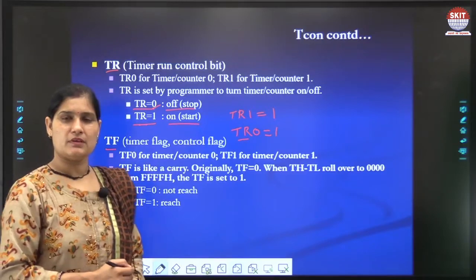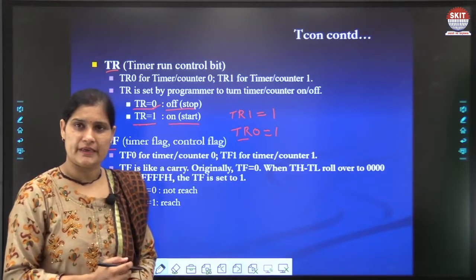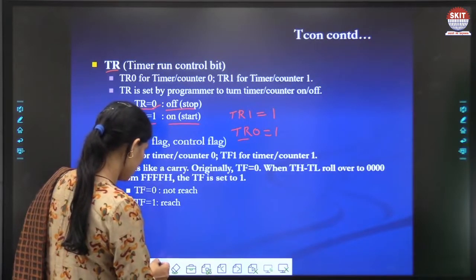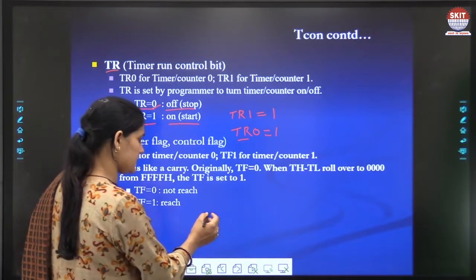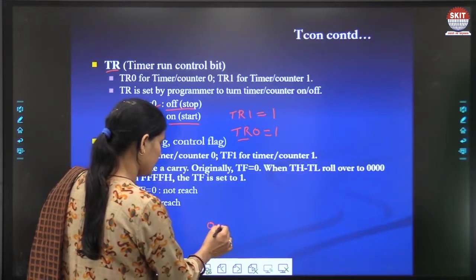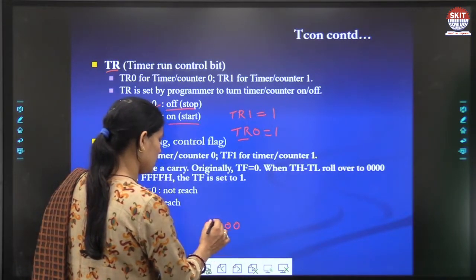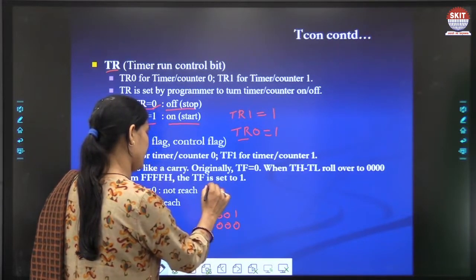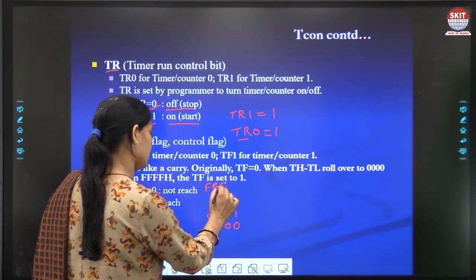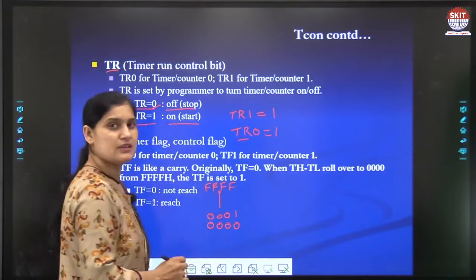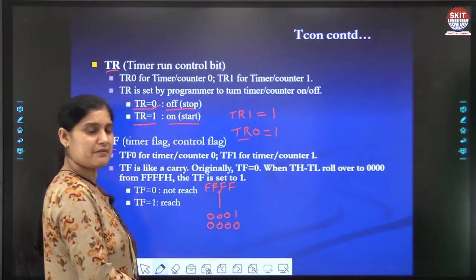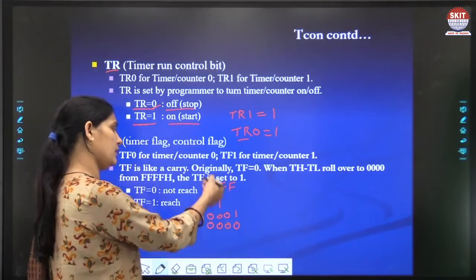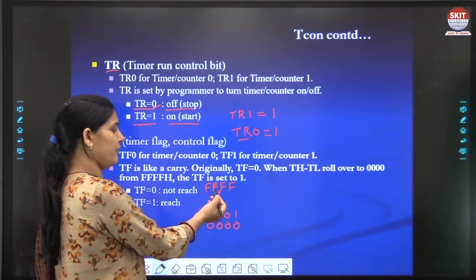So if I want to count an event, the maximum count value is, since these are 16-bit registers, you can store from 0000 up to FFFF. The initial value of these timer counters is 0000, and you can store up to FFFF.